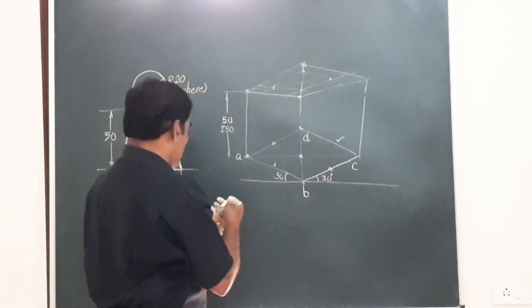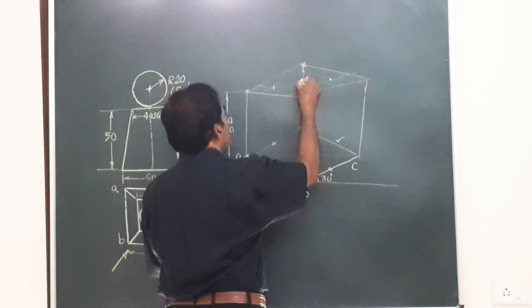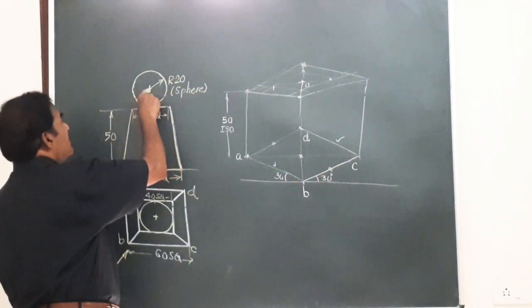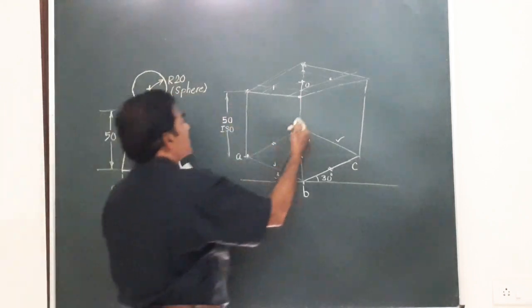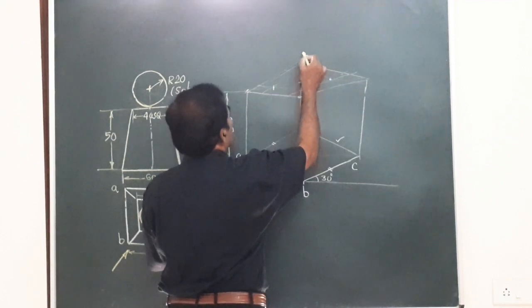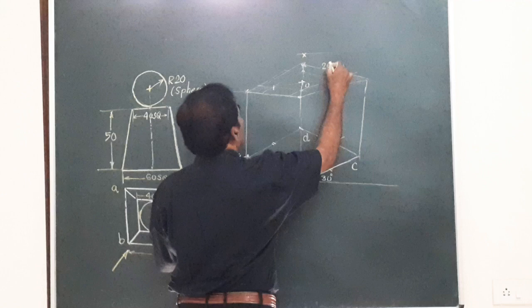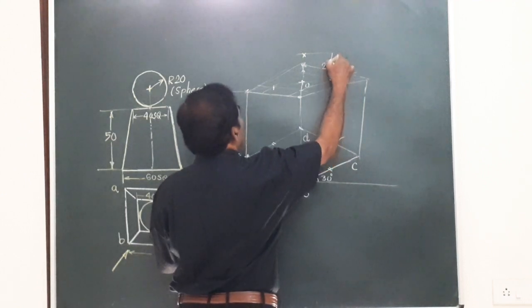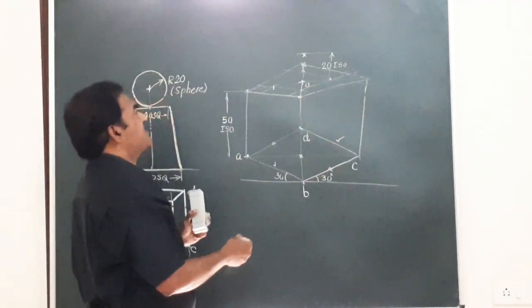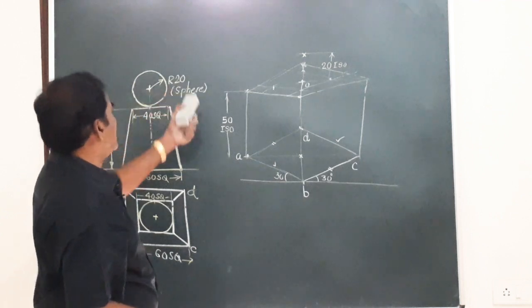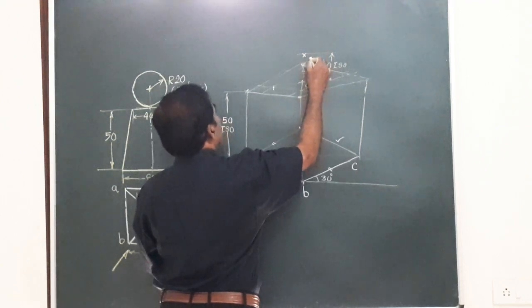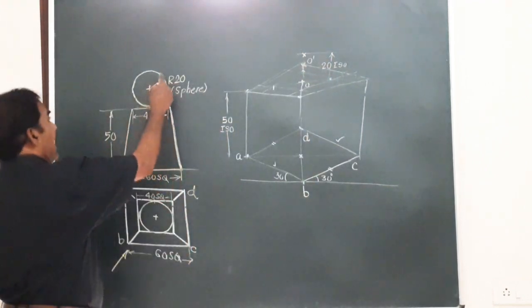So for the isometric projection of the sphere, from the center of the top face, if you call this as O, take a height. This height is equal to 20, that is 20 ISO I will take. Suppose I am getting that point here, 20 ISO. This is equal to 20 ISO, means 20 into 0.815 is that dimension. So this is the ISO radius we will say, or 20 mm into isometric radius.